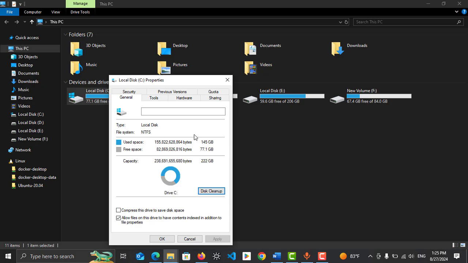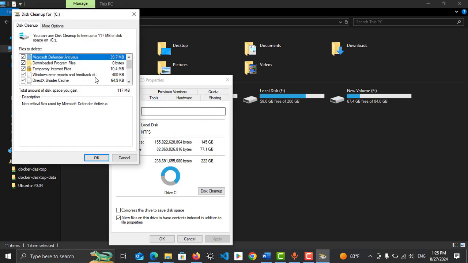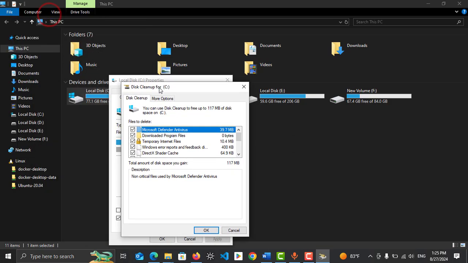Okay, it is now loading. After that completes, you will see how to clean those things. Yeah, it is loading now. Wait for loading. This includes Windows Update cleanup also. Yeah, the scan is completed. You can see all the ticks are